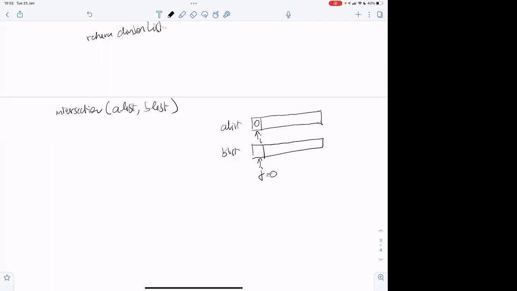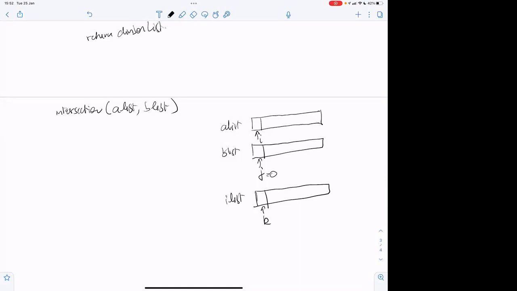Now you want to check whether something is common. If the values are the same, you add it to the intersection list, the common list. You copy it there and increment the three pointers I, J, and K.